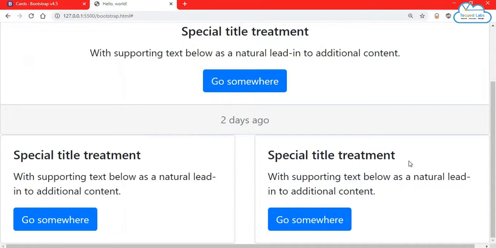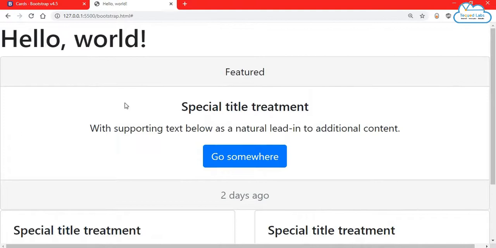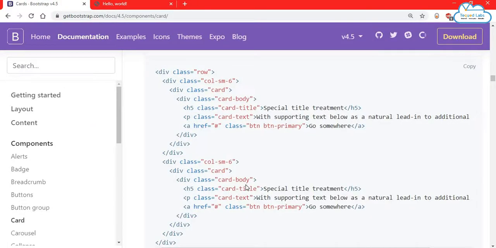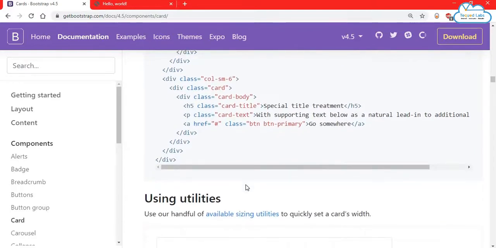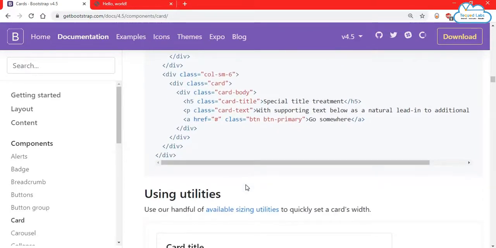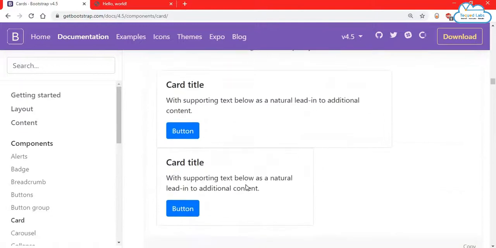If I go back, you can see two different cards are available, right? So you can create this for your website, right? So there are so many options available. It is just the same, you don't have to do anything, it is already there. Make some changes according to your website and you can do that. The next,